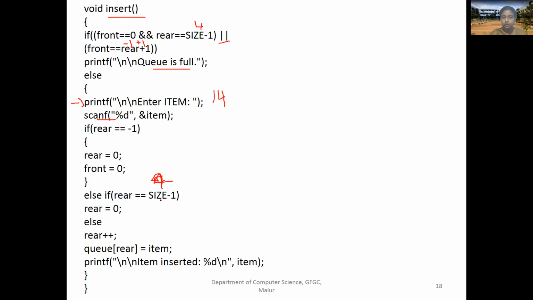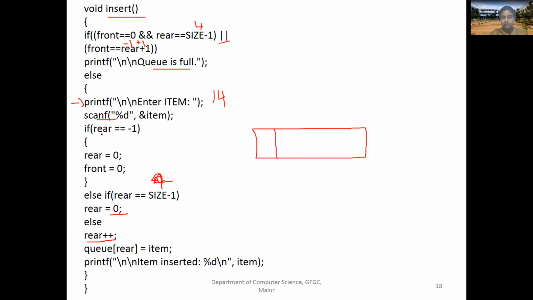If rear is equal to 4, then you have to make rear 0. If none of the conditions is true, you make the rear increment. So you will have an item added.